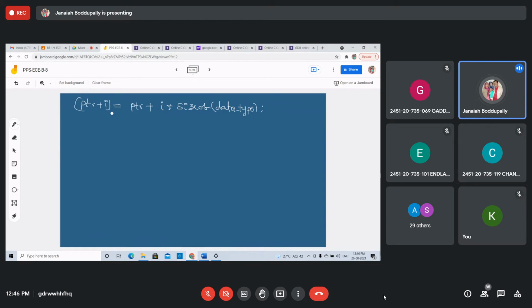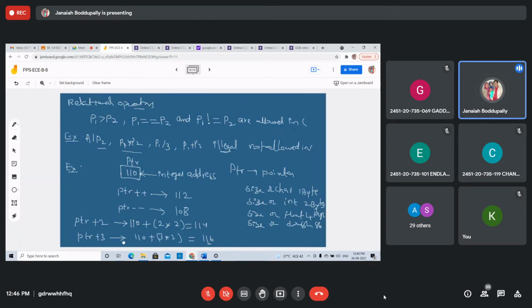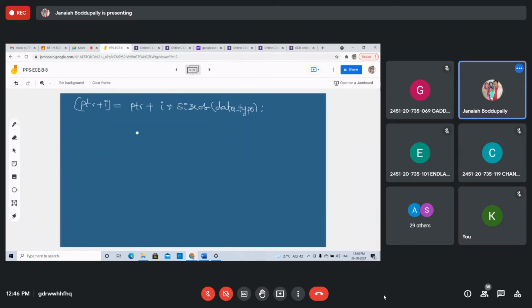Whatever we discussed, size of the integer is 2 bytes. Here i is 3, and there i is 2. This is the formula.